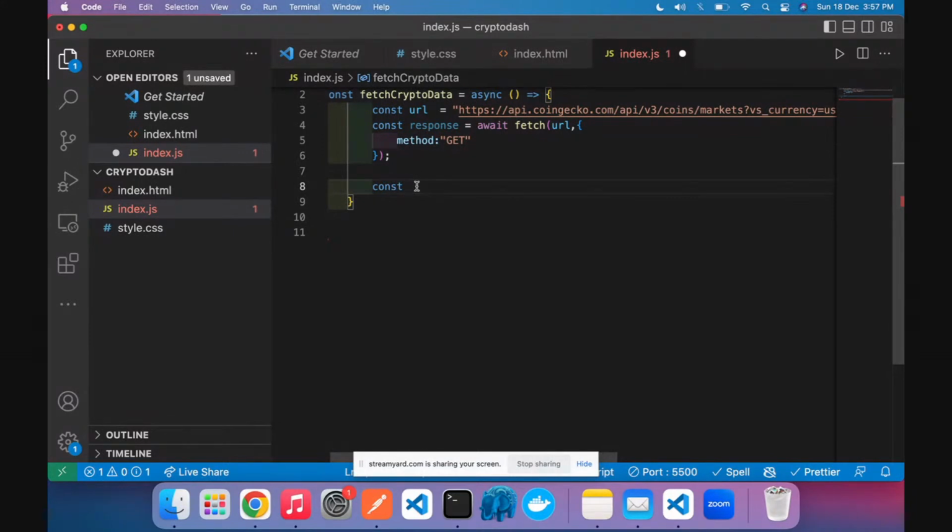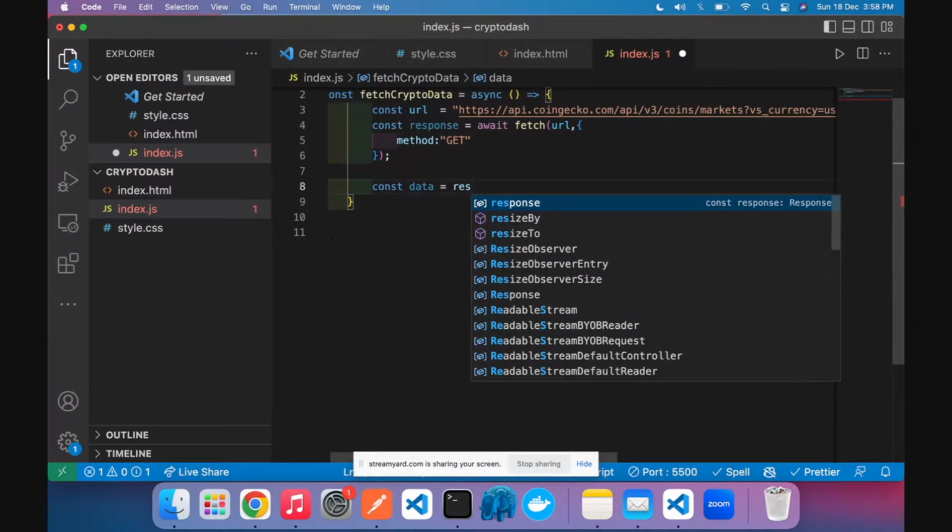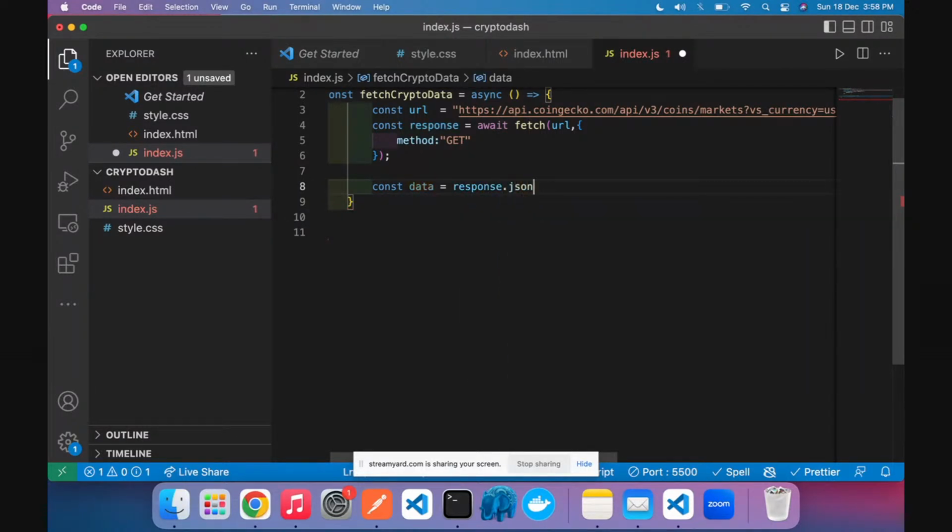So now let's move here. We got the response. Now here we can get the data. To get the data, I have to convert this response into JSON, right? So I have to use this function called response.json, and you can use await here again. This response.json also takes some time to get